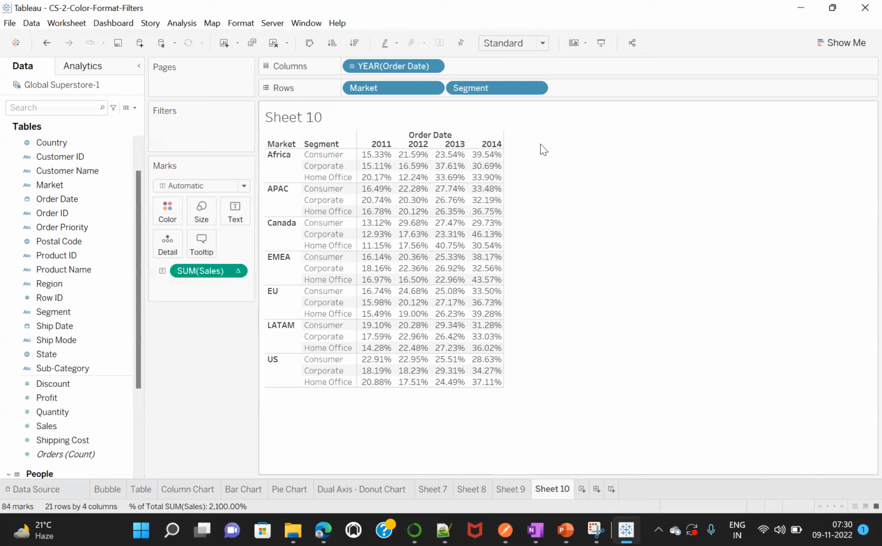Any idea? Yeah, we have to filter the market to just Africa and year to 2011. Okay, no, we want the entire data set. From the entire data set, this 4 year data set is there, 2011 to 2014. So among all of